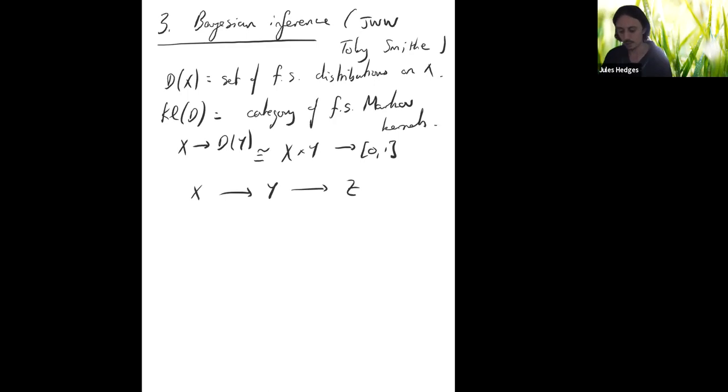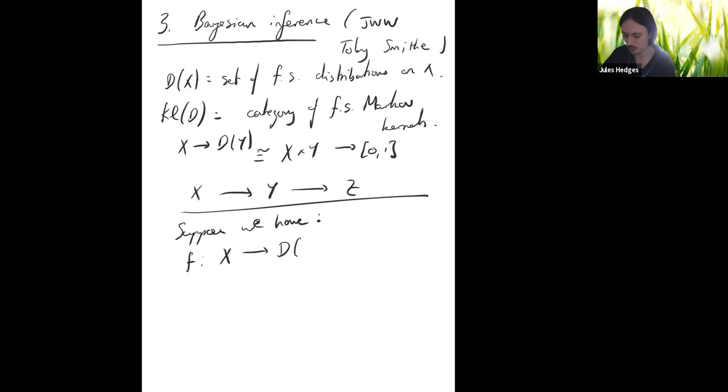Now, suppose we have a function f, which is a distribution on Y dependent on X. So this is like Y given X. And we have a prior distribution on X, and we have an observation of Y, we can ask, so given a distribution on Y dependent on X,